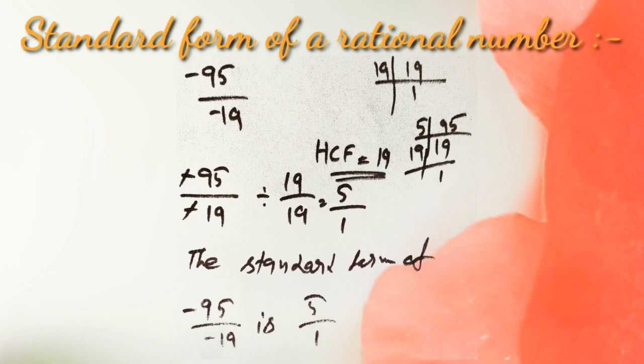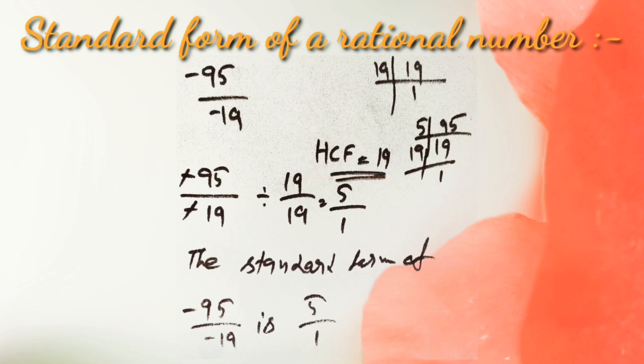Similarly, let us go for another example, minus 95 over minus 19. First step is to make the denominator positive, meaning q should be positive. Here the minus will be cancelled out because both the numbers are negative. So it is a positive rational number. Negatives cancel out. Now your second step, you have to find the HCF. Factors of 19: 19 is a prime number, so 19 goes on 19. And 95 goes on 5, then again on 19. So the HCF of 19 and 95 is 19 only.